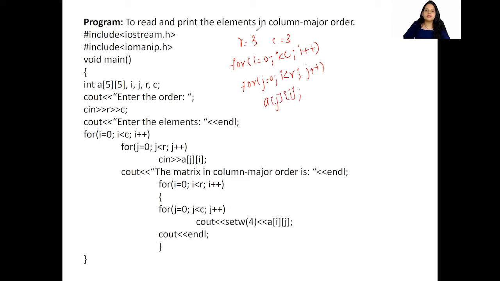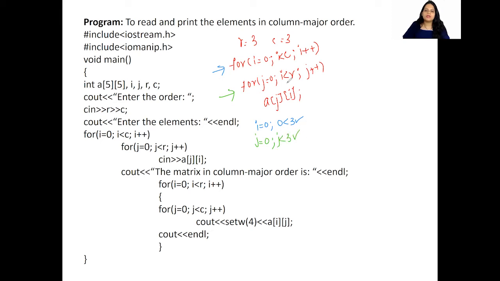Now let us see how this works. Very first, this for loop is going to get executed. So i is going to be 0. I'm checking whether 0 is less than 3, because the C value is 3 here. This is true. Then I'm going to calculate next. It is going to come over here, isn't it? So now j is equal to 0. Is j less than 3?